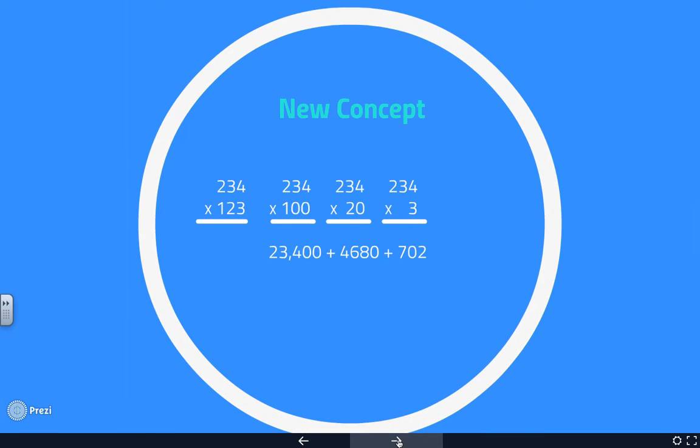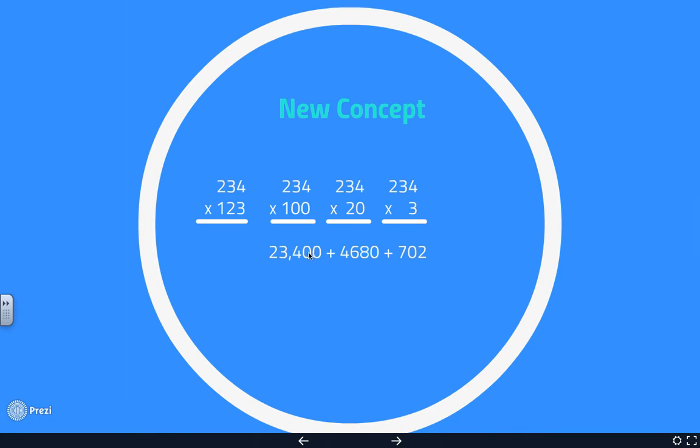All right, here's your new concept. Basically, when we multiply by a three-digit number, we actually multiply 3 times. We multiply by hundreds, we multiply by tens, and we also multiply by the ones. So we're multiplying by the hundreds, tens, and the ones. What we're going to do here is the same thing as doing this plus this plus this. 234 times 100, which is